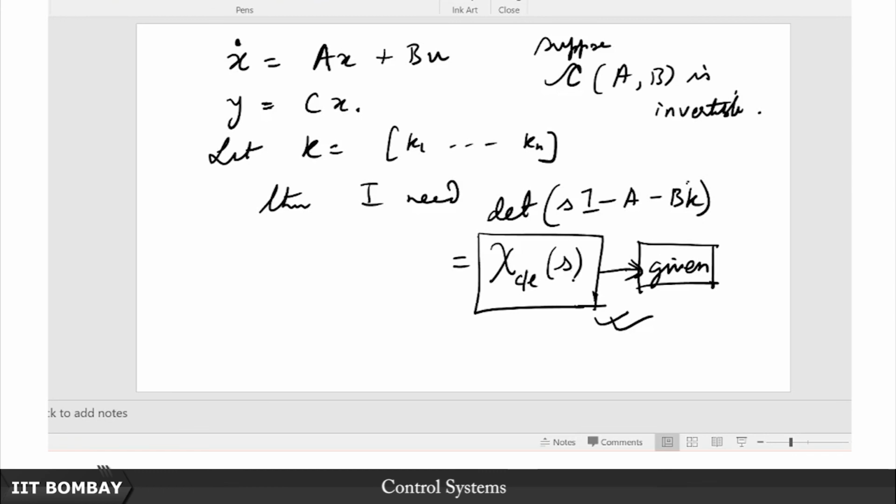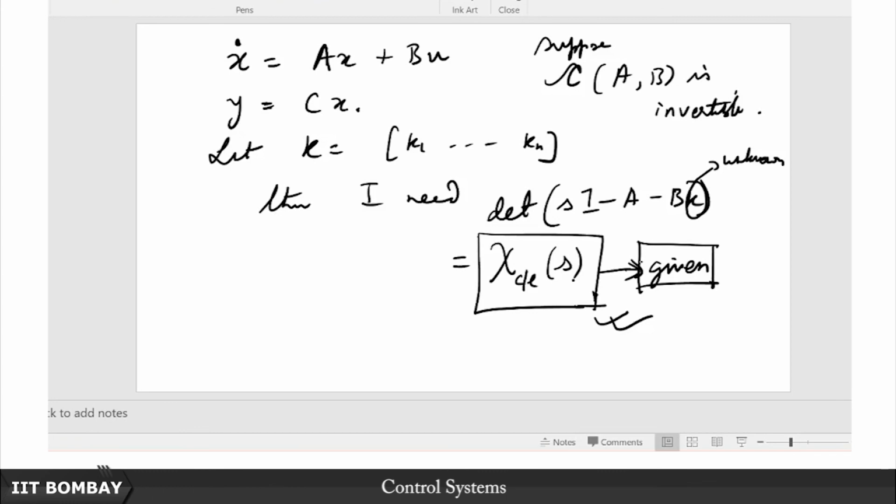So then the only unknown here is this, and there are n unknowns. So you might wonder that if this is so simple, then why did we bother to go through that trouble of this phase variable canonical form? Well, one, we wanted to show you that it exists and is unique. One of the easy ways to see that proof is to go through this route of phase variable canonical form.